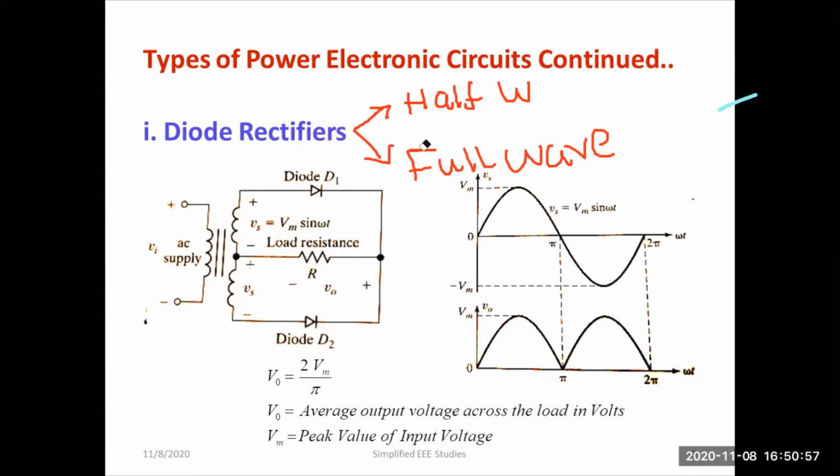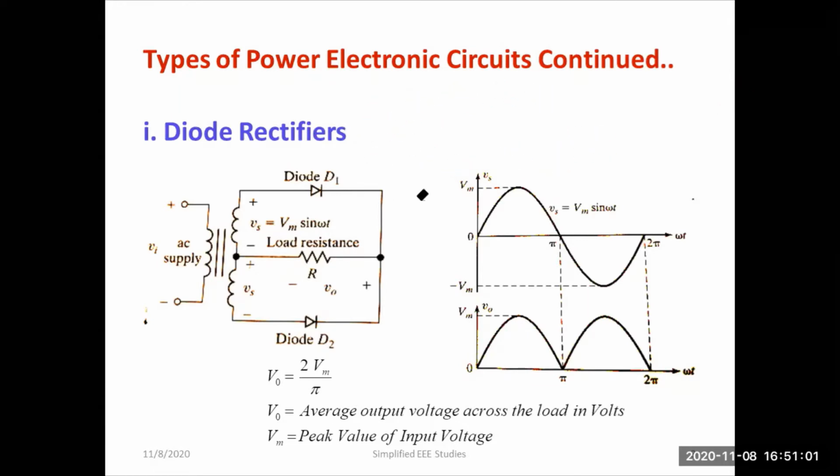As you can observe, this is the circuit diagram of the diode rectifier. This is basically a center tapped rectifier circuit. Here we have a three winding transformer. There is winding number 1, this is winding number 2, and this is winding number 3. So we need a center tapped transformer. That's the main feature of this type of rectifier.